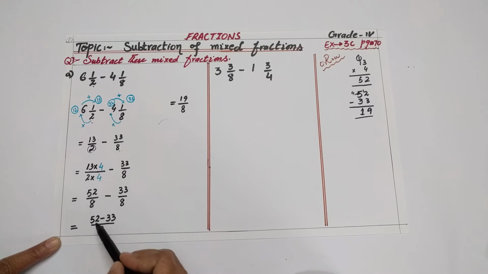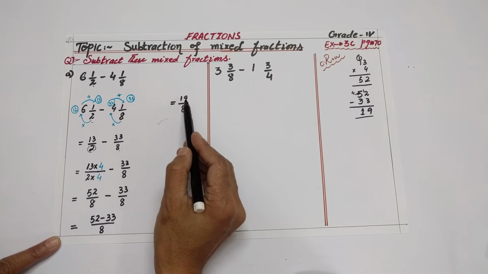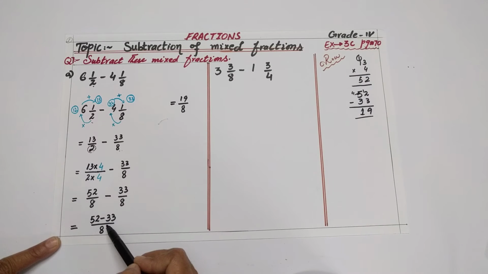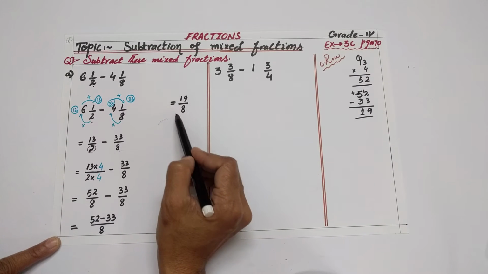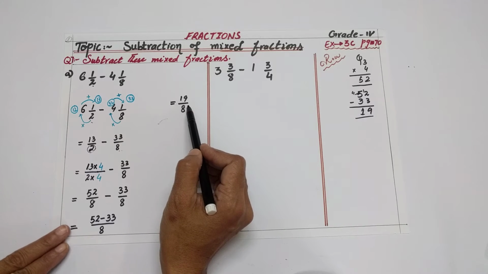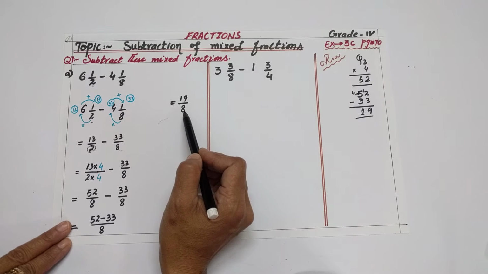Clear? So after subtraction we get 19 by 8. Now when you get the answer after subtraction, you will check whether this fraction is proper or improper. If your fraction is improper, as I told you in addition, you will convert the improper fraction into a mixed number